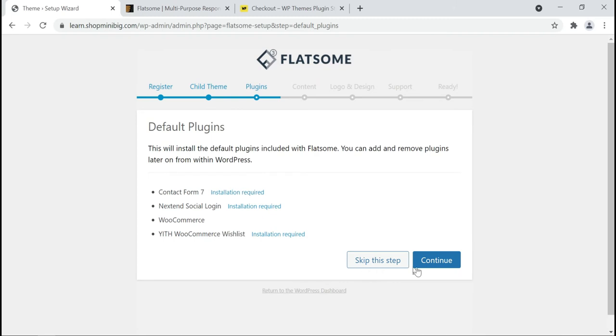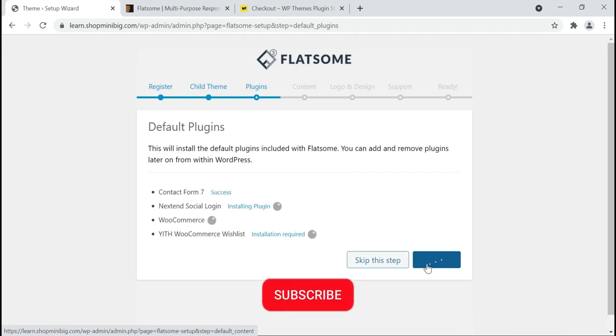Click continue. It will install the required plugins that we need in the theme. Just wait.